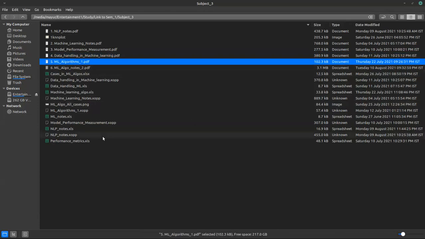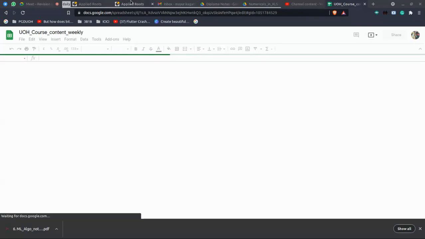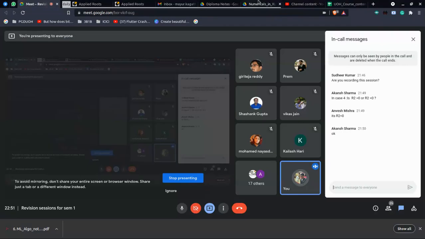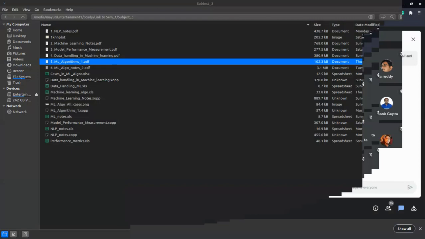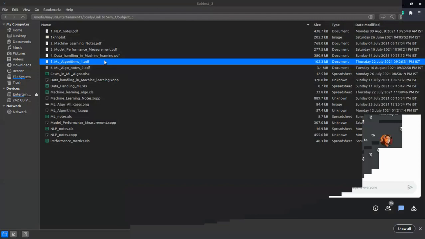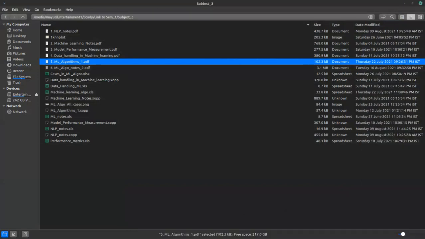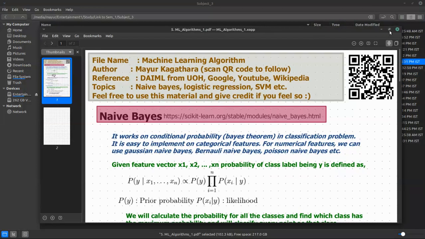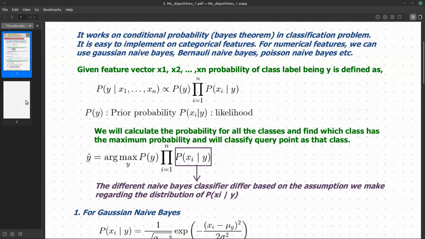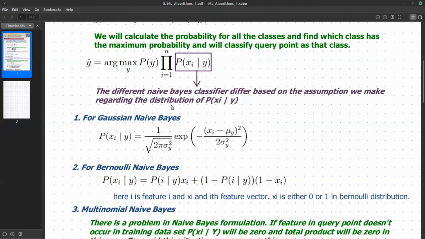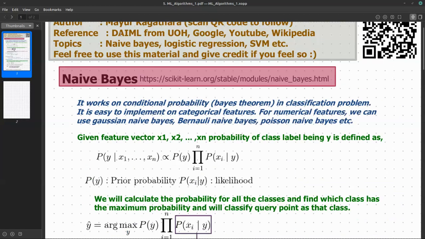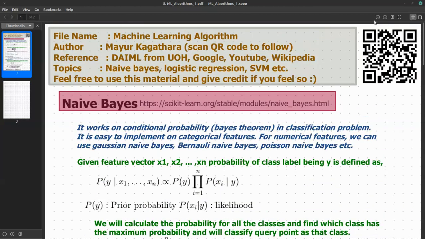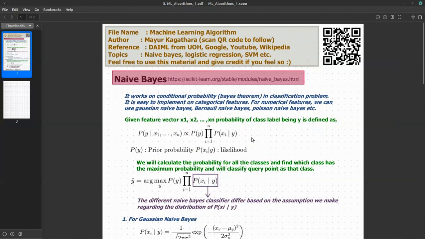So let's start with naive bayes. Just a second, let me open this. Luckily, I have notes for just naive bayes, and after that, I have handwritten notes, so you need to bear with my handwriting. But for this, we have these written notes. For subject three, due to an unplanned vacation and all of that, I was not able to make the notes. So let's start with our first algorithm.